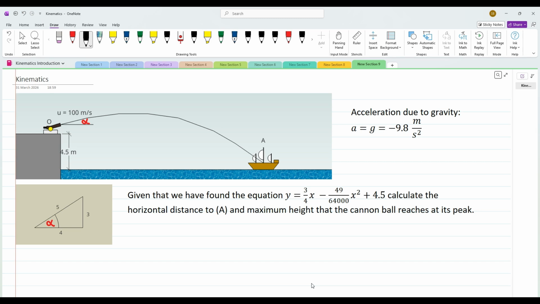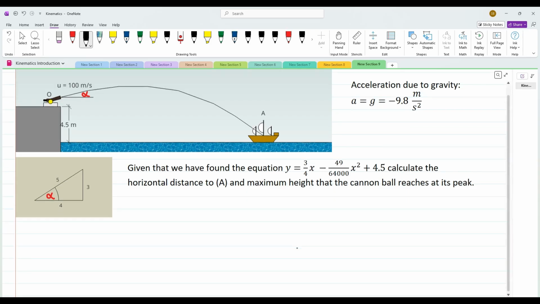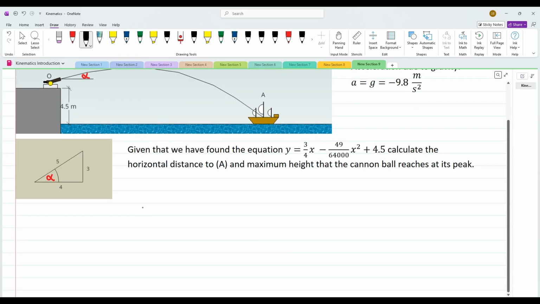Firstly then, let us find the total horizontal distance that the cannonball has travelled. Looking at the equation, you should recognise that this is a quadratic equation, and this is good because quadratic equations are easily solved. So firstly, let's write down the equation. So we have y equals 3/4 x minus 49 over 64,000 x squared plus